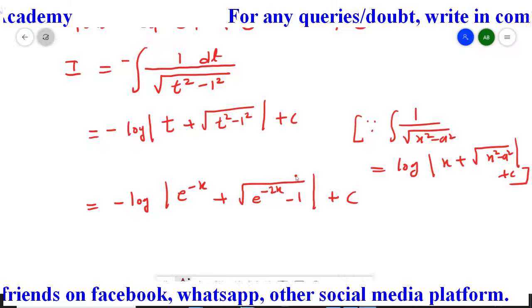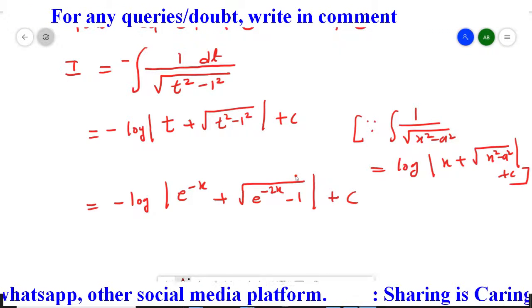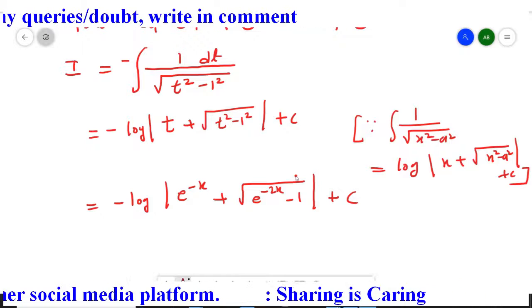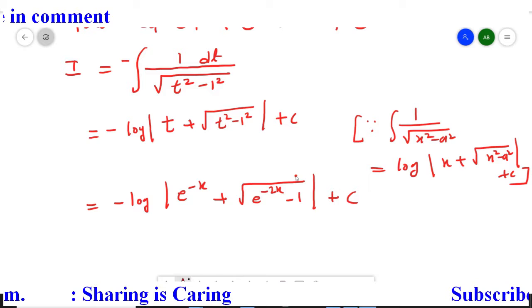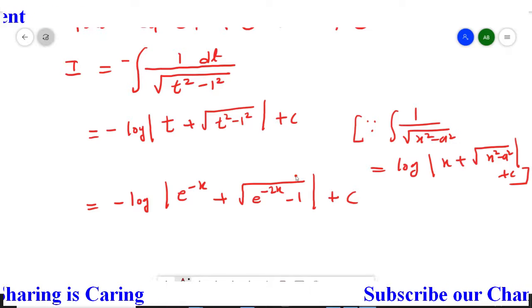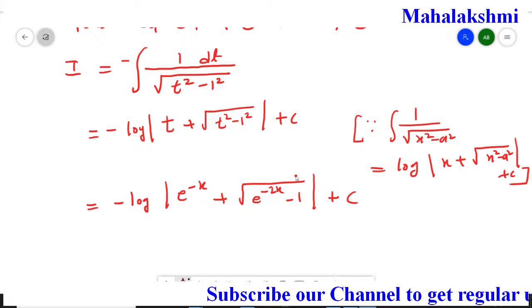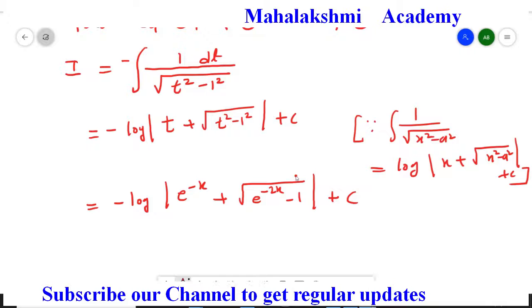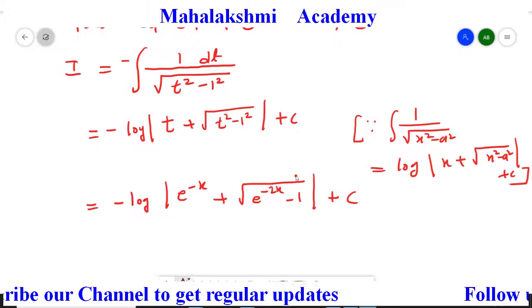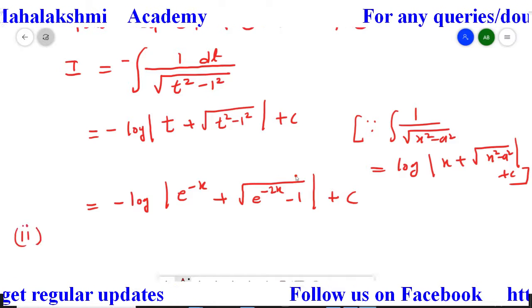This question is very different from the other integrations. Whenever you get an integration of a function in which an exponential term is in the denominator, it's very necessary that the exponential term should appear in the numerator. So like this we bring the exponential into the numerator and then go for the substitution method.